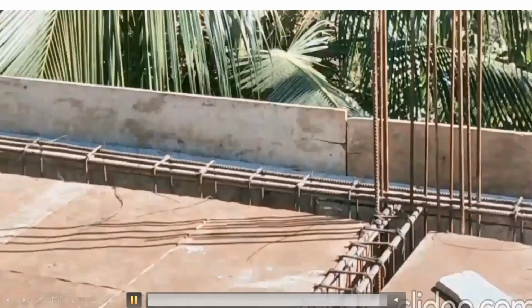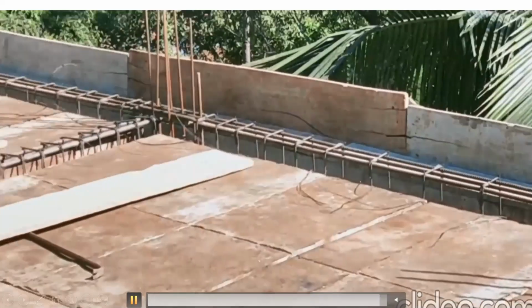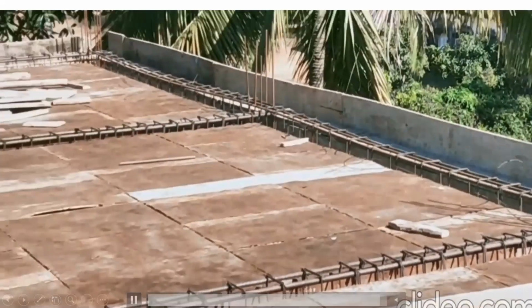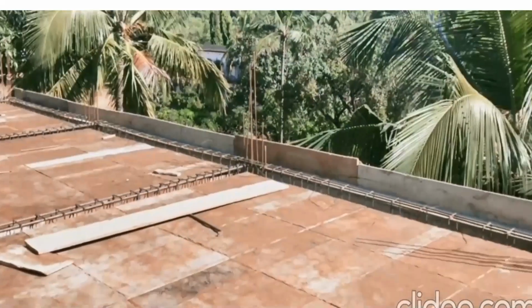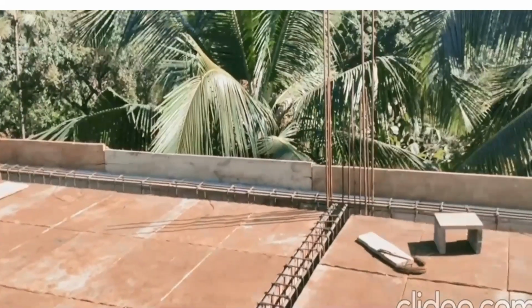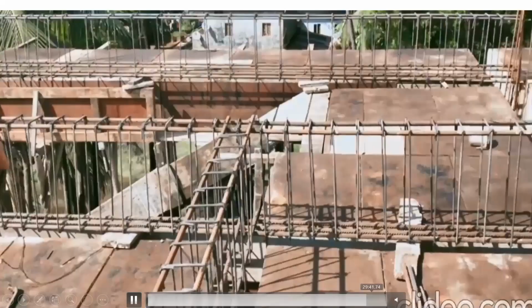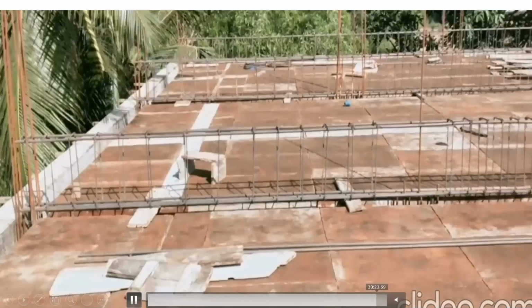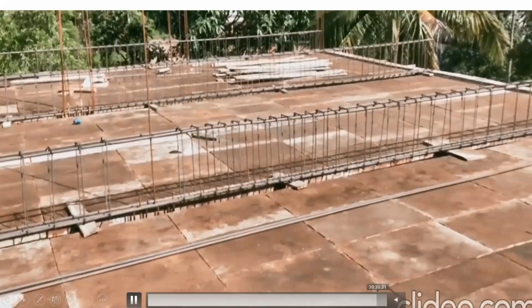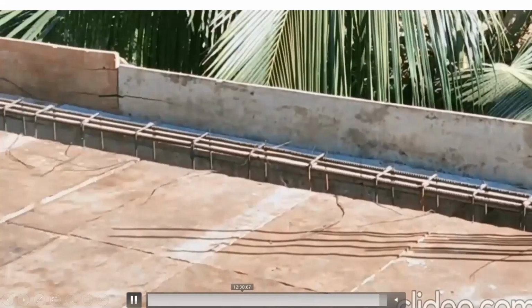So in this, we need to understand one more point. We'll try to address that. It's a very important point. So you have to look at it very carefully.